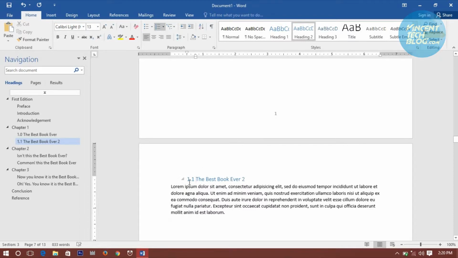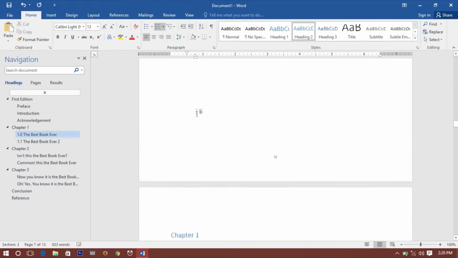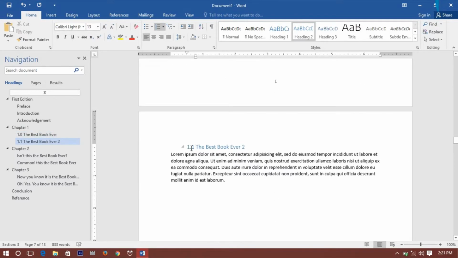Why? Because it's following the previous step. If you don't like that, you can actually select it and then stick it back to where it belongs, where it was before. Okay, so select this and then go for the indenting, hanging indent. Pick it back here. Okay,